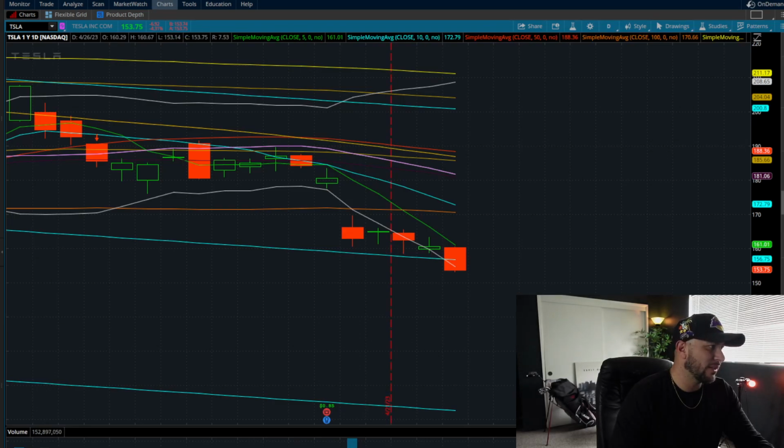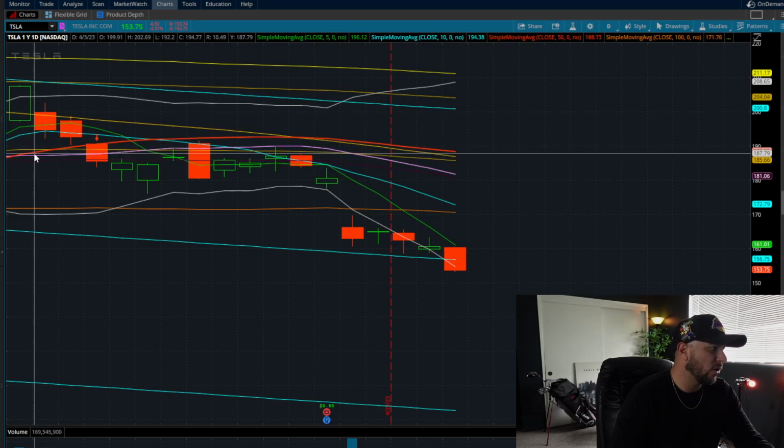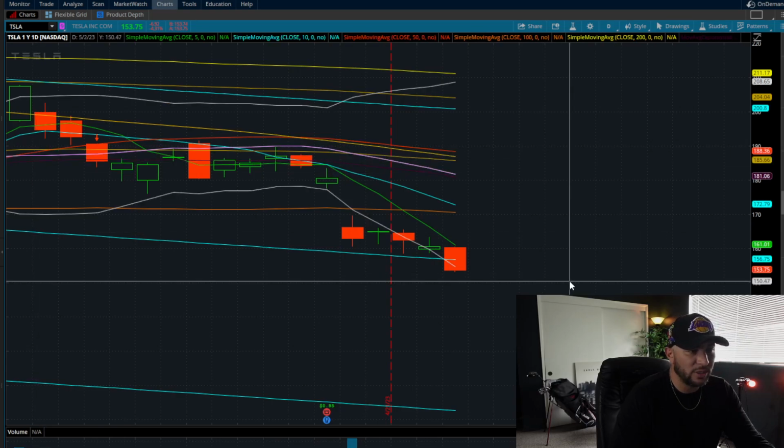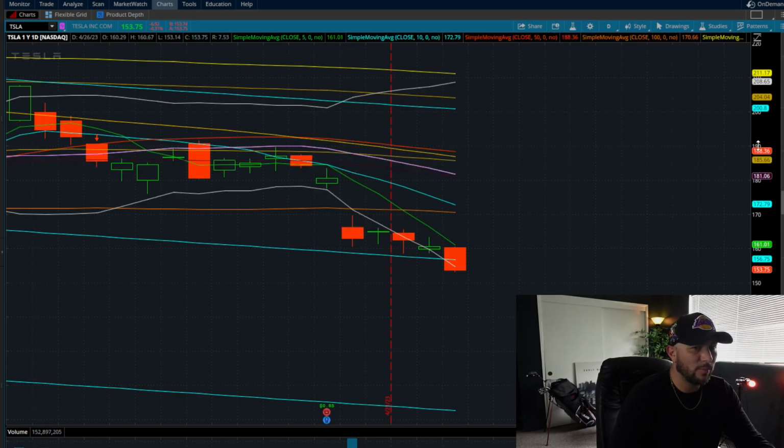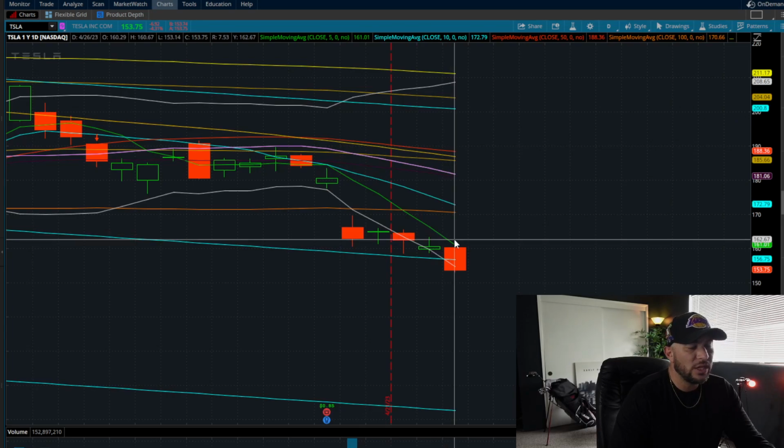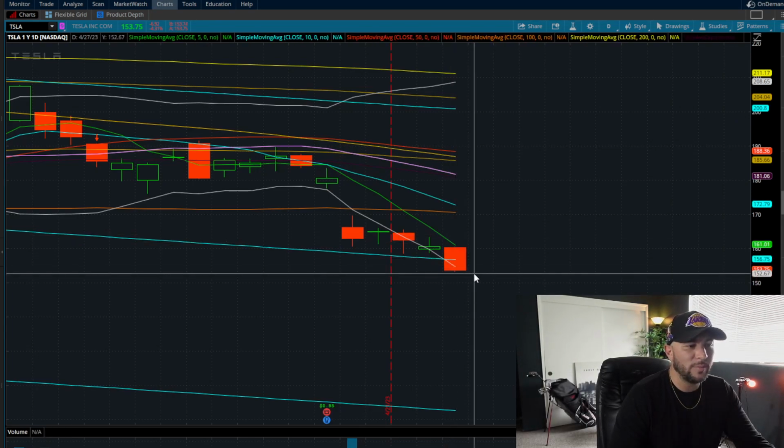Like Nvidia was up $7 today. Amazon was up more than $3 at one point on the day. Snow was up $12. So we had some stocks that did put in some moves. For the majority of the part, a lot of the momentum was to the downside today. So if Meta can kind of pull the market up a little bit, we see a little bit of a